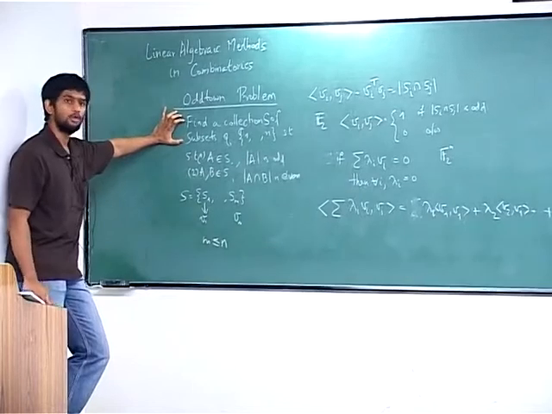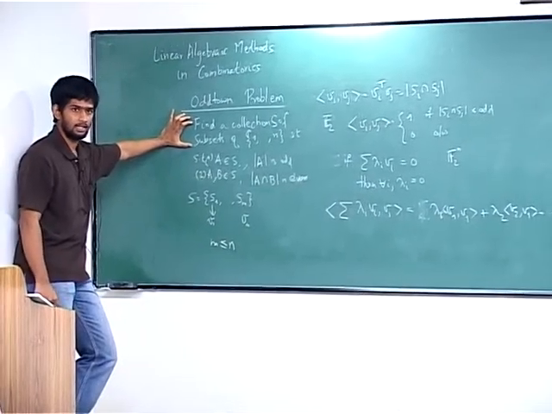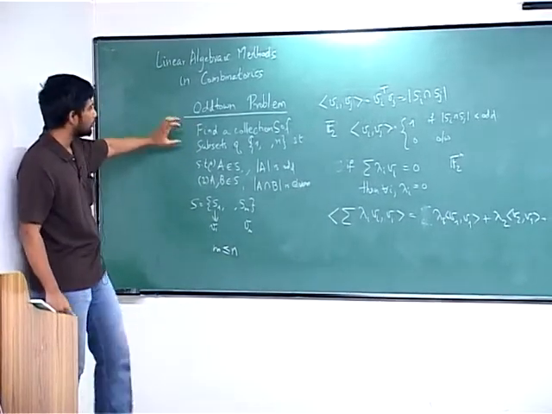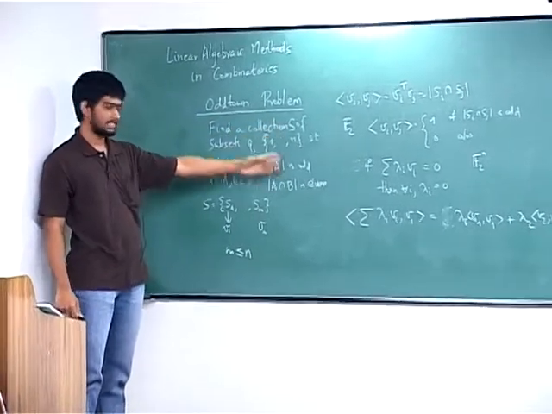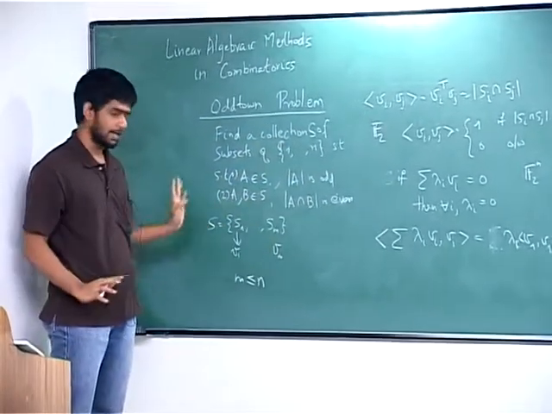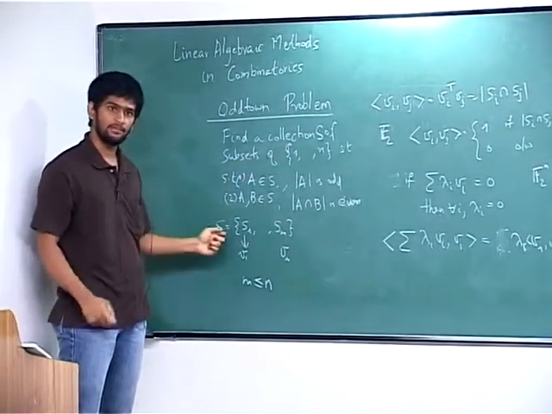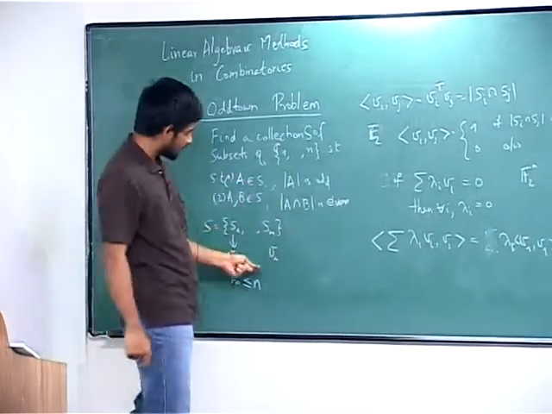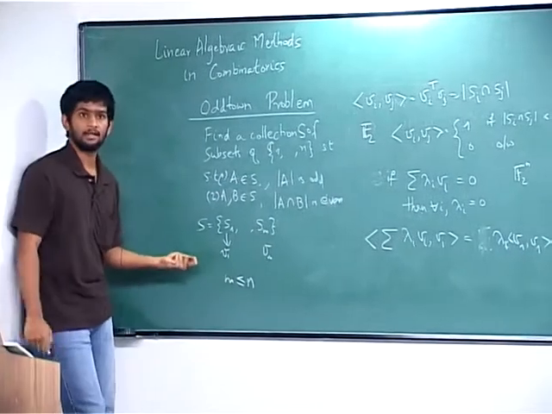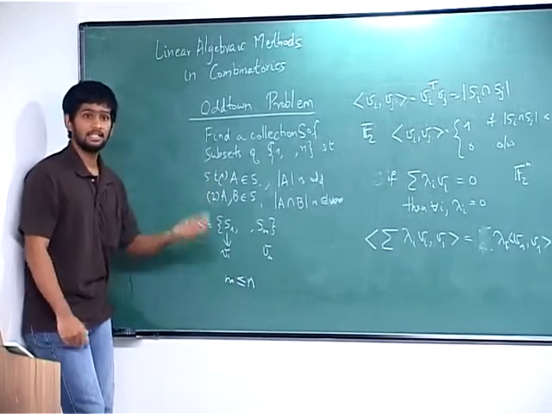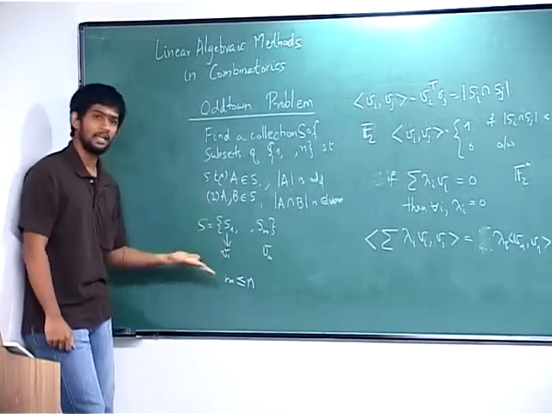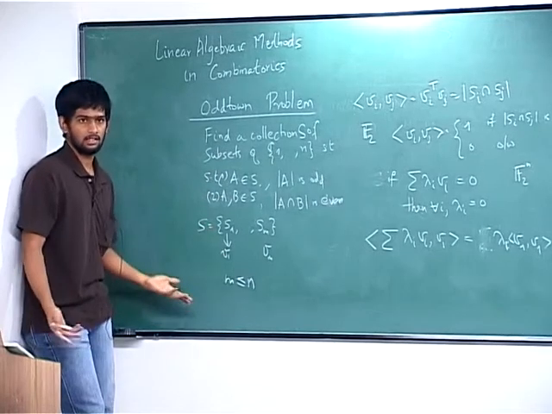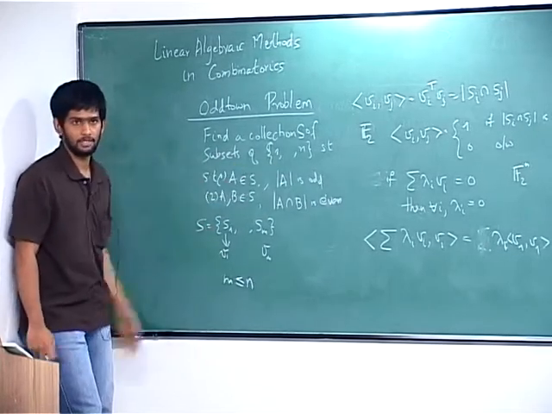Now I want to show that you can't do better than this. How am I going to prove it? Suppose I take a collection which has m many of them. I don't know what m is, I want to bound m. I take m many of them and associate these vectors to it. Then I show that these vectors are going to be linearly independent in an n-dimensional vector space. So you can only have n many of them, you can't have more than that. And I can actually show you the n many of them.